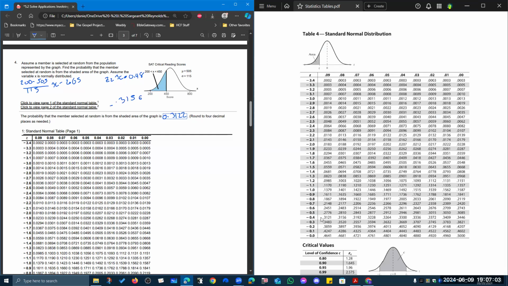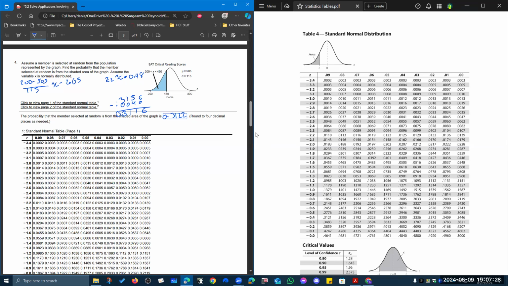0.3156 minus, and then negative 2.65, 0.0040, which gives 0.3116. And you see that we're off